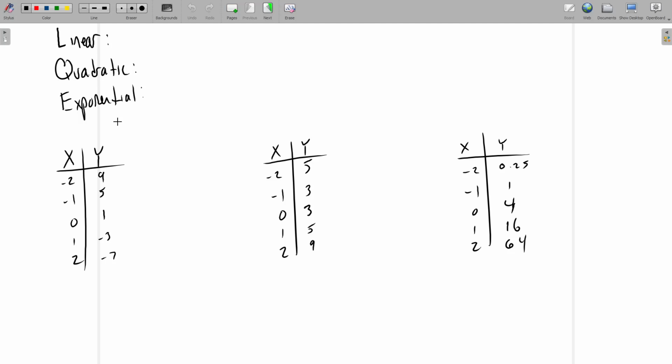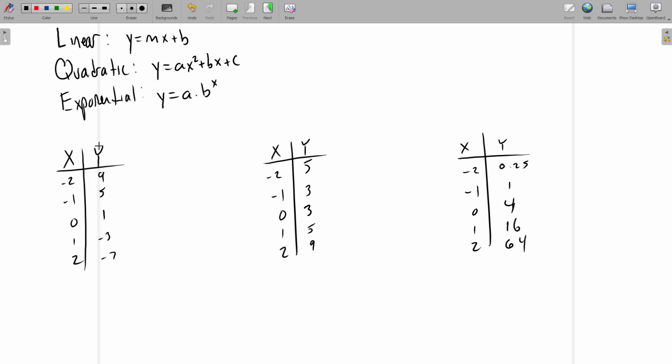So before we look at the tables, let's look at linear, quadratic, and exponential and remind ourselves what these actually are. Okay, so a linear model is in the form of y equals mx plus b, slope-intercept form. A quadratic model in standard form is ax squared plus bx plus c, and an exponential model is a times b to some x. Okay, so we're going to use and reference these models as we look at the tables and identify some